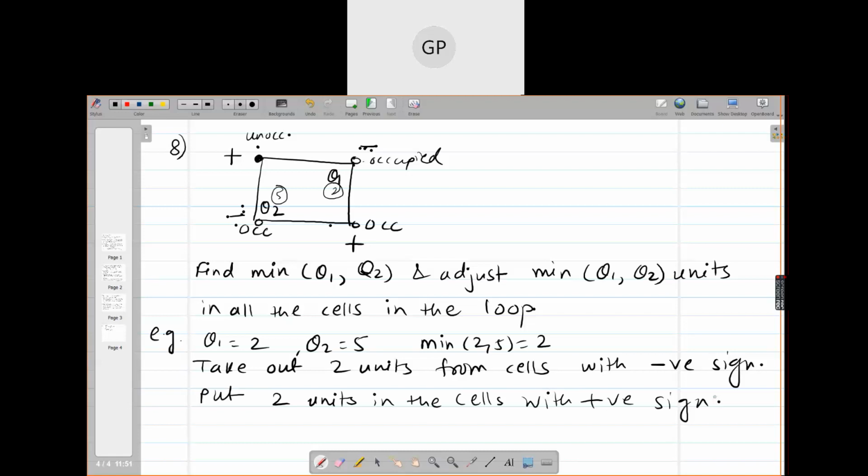Modi says you adjust the minimum. Otherwise, one unit at a time we used to do. So that will take a long time, and that's why we have modified this method and we are taking the minimum of these two. So whichever number of negatively signed cells you have, see, because you may have such kind of loop also. Not this one, I'm sorry. This is not occupied.